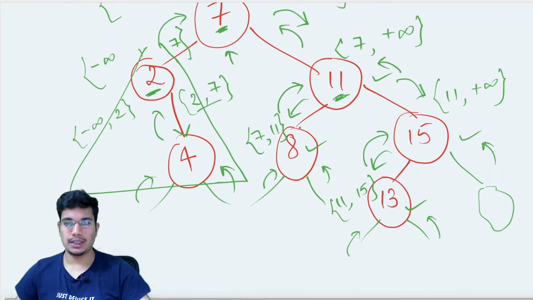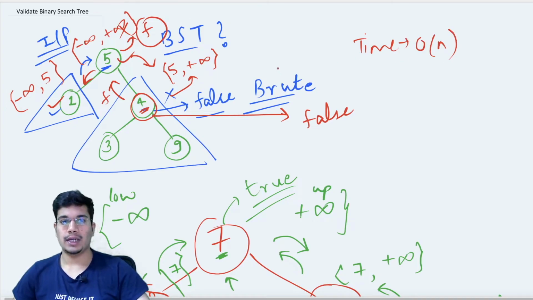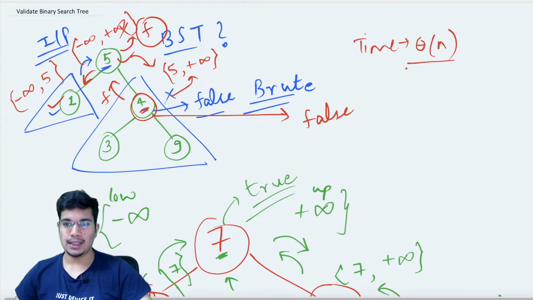So for the same reason, if we talk about the time complexity for this one, it's pretty obvious. We are only iterating over all the nodes. If there are n nodes, then we iterate over all of them. And it's going to be theta of n, actually not even big O of n, because in every case, we have to iterate over every single node. We cannot skip any node because we have to check the condition for every single node of the tree. So it's going to be an exact bound in terms of the number of nodes. So theta of n is the time.